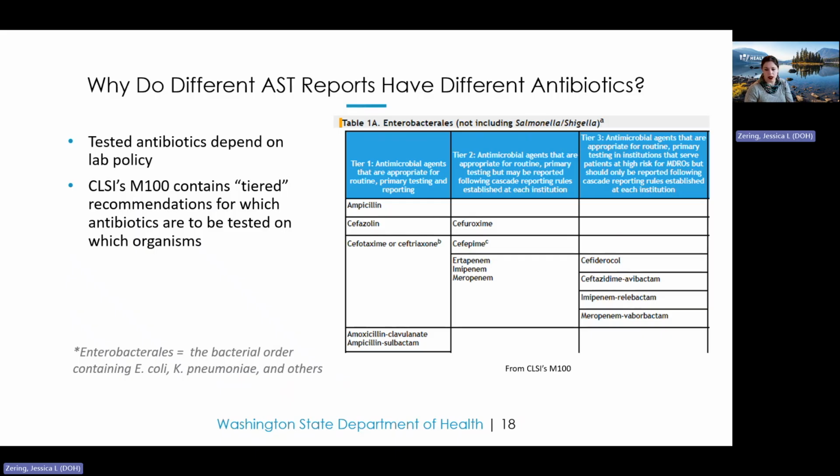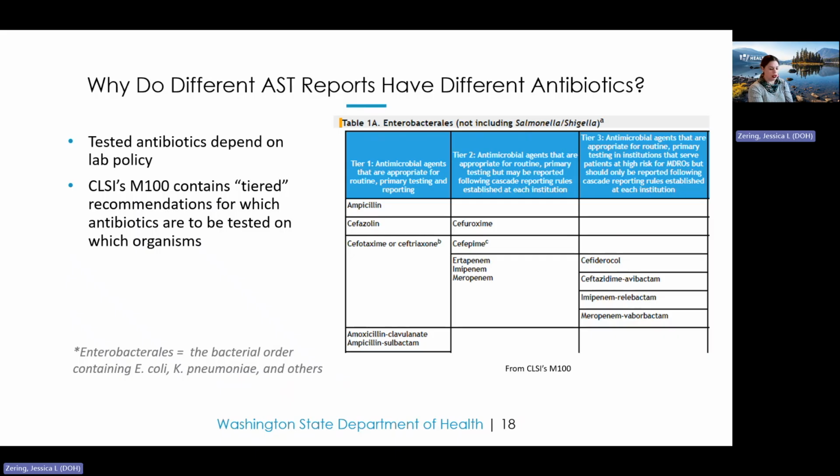And you can see in that list, we have a couple of names in there that may not be so common in the nursing home setting, especially the penems there: ertapenem, imipenem, meropenem. Those are the broader spectrum antibiotics that we typically reserve for the more resistant organisms. And so that can make a little bit of intuitive sense why we're not testing for those immediately up front.